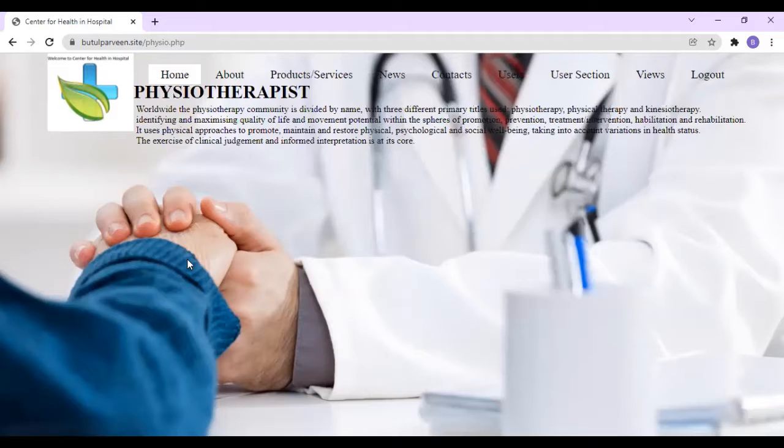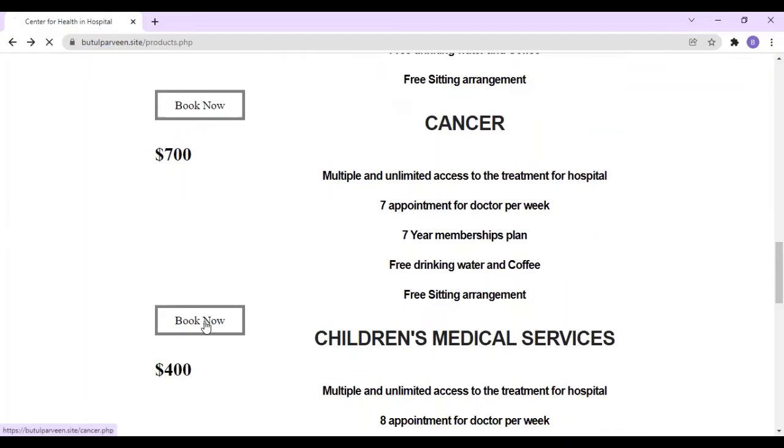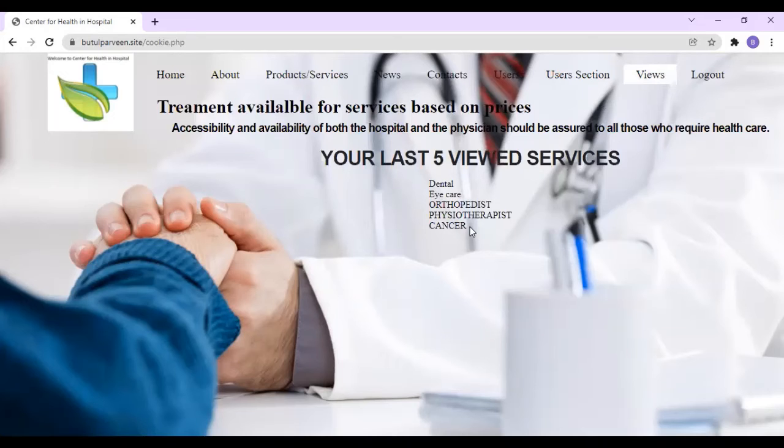Like this, if we see 5 websites last viewed, it will update in the views section of my website. Here we can see the changes for views based on the cookie we implemented, based on our services available in our hospital, the Center for Health.